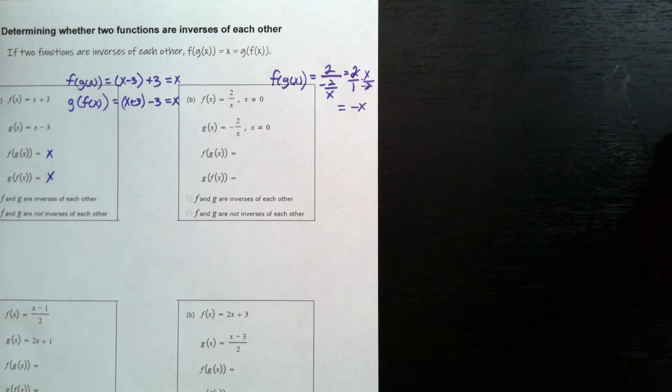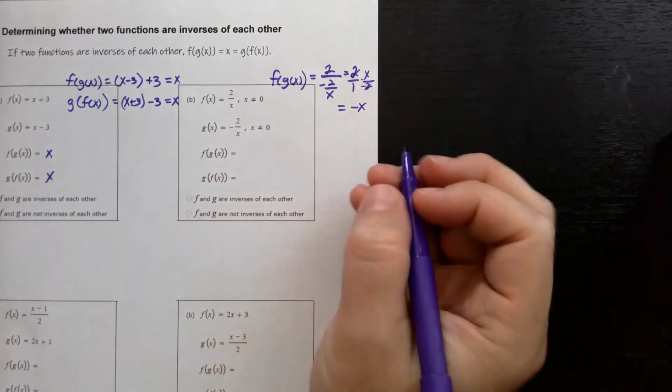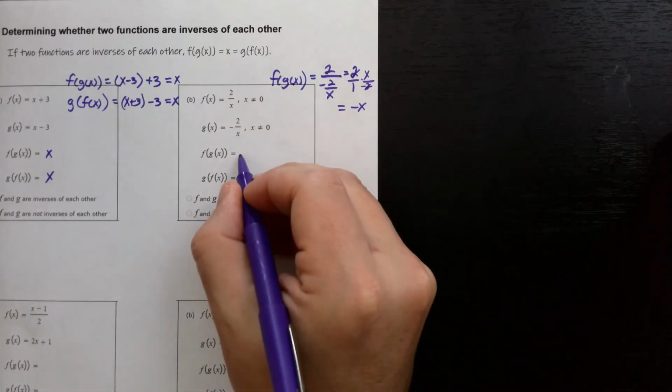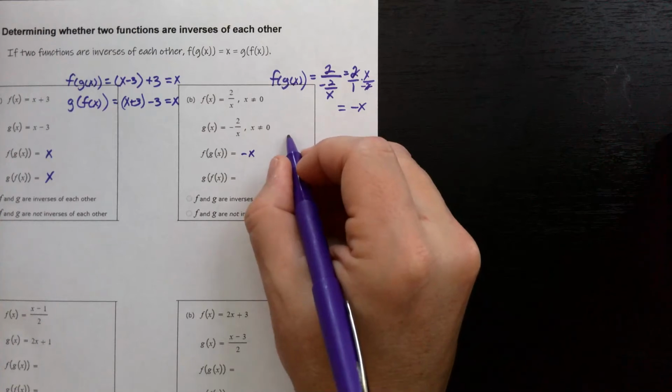Okay, so f of g of x is equal to negative x. So that's automatically, everything else is going to fail. But let's go ahead and figure out the other way. So we found f of g of x is equal to negative x. Let's plug in the other way. g of f of x